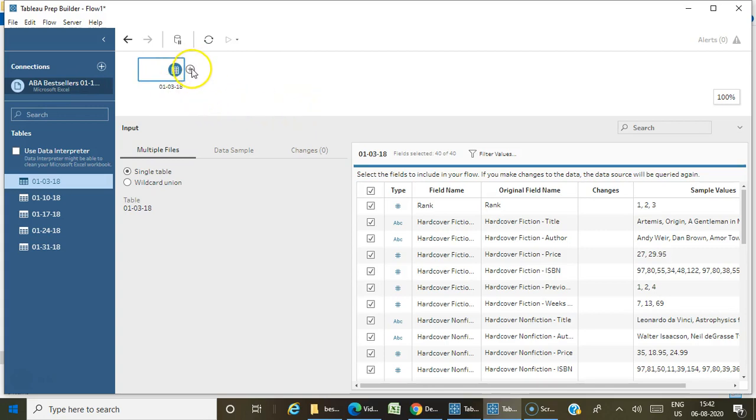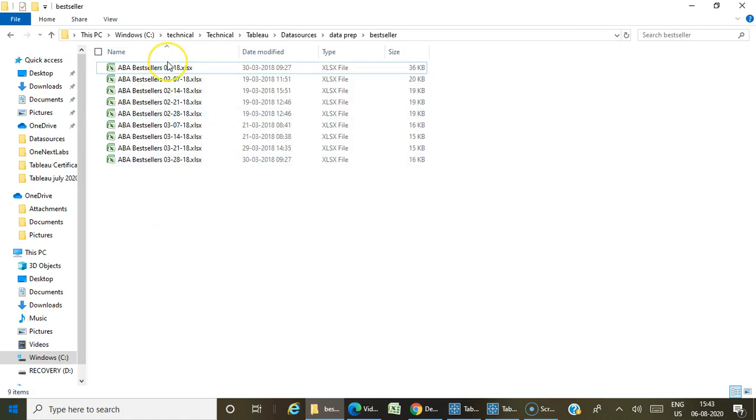So it will be connected, and if you click on this plus symbol, you have various steps in order to clean your data, aggregate your data, pivot, join, union, script, output, insert, flow. So let's see one by one. In this video, I'm just going to cover how to union this data and also how to do a basic cleanup. So here if you see, these files have the same structure, but it has only been split based on the date values. So we can just union these files.